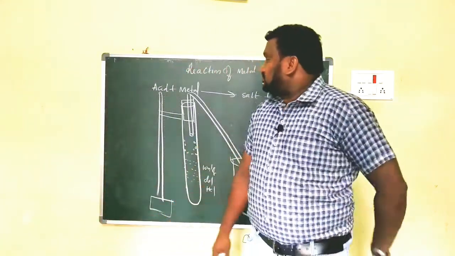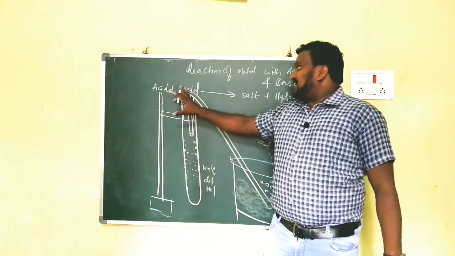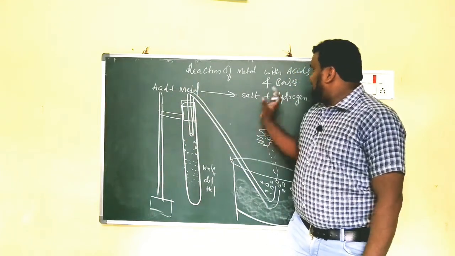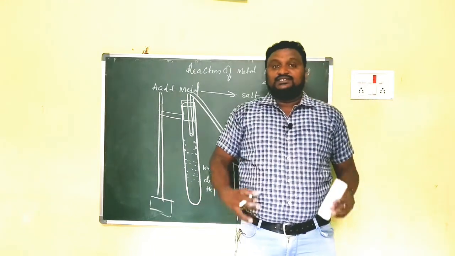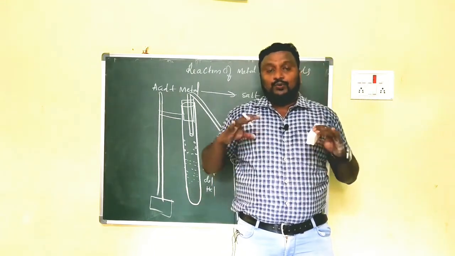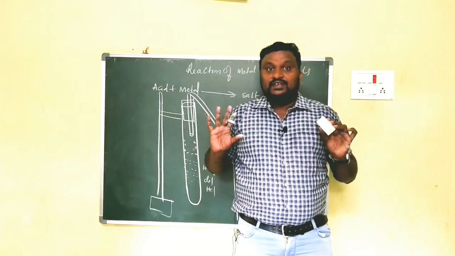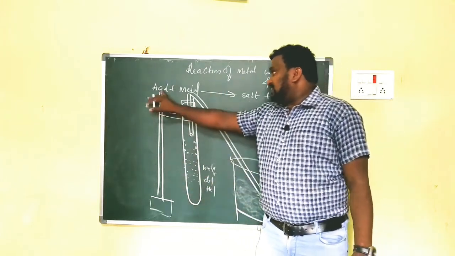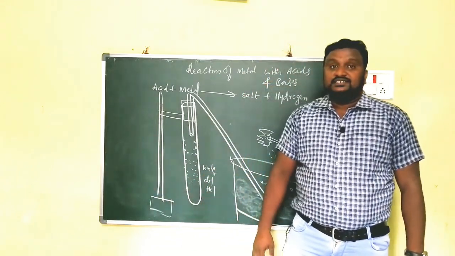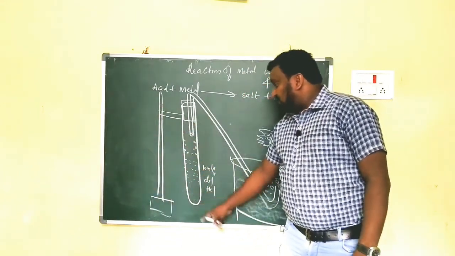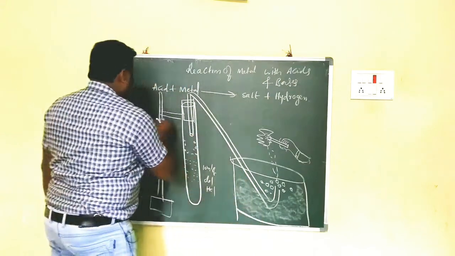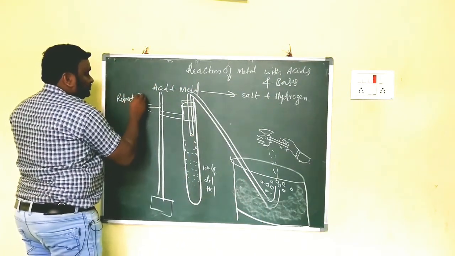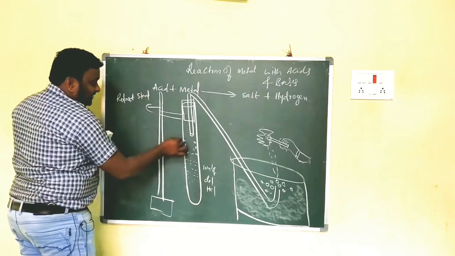What I told you, when acid reacts with the metal, then it can produce the salt and hydrogen. Clear? So we want to conduct one activity. In that activity, what are the apparatus? This is the retort stand, and this is what? Test tube. Now this is a retort stand, and this one is test tube,